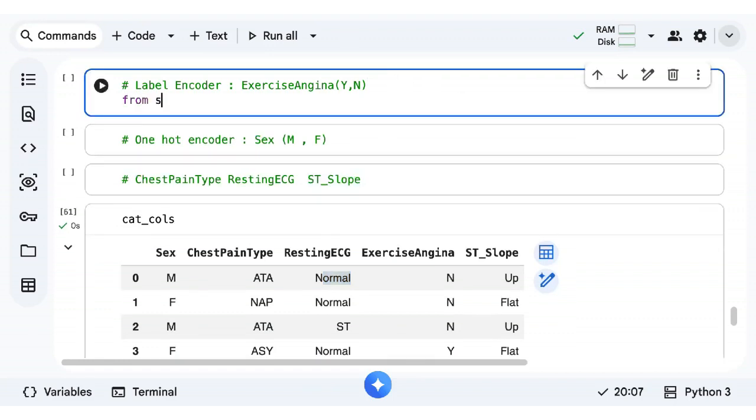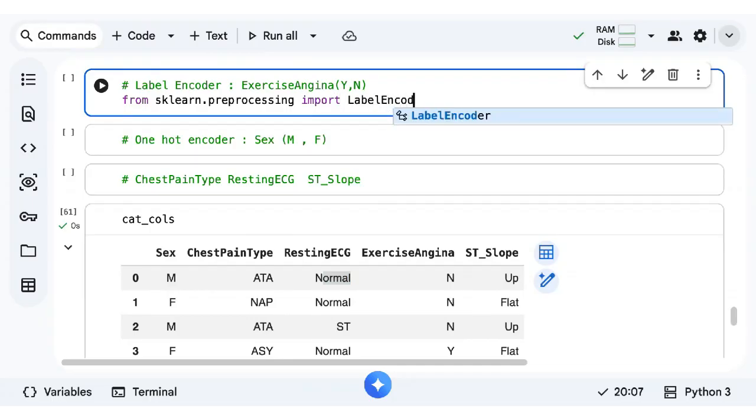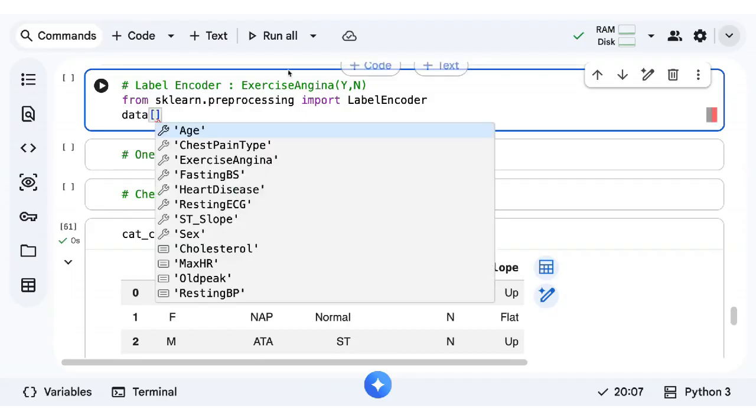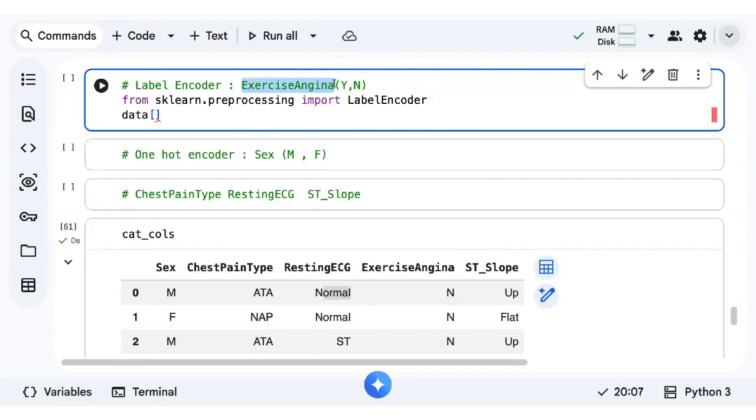So from sklearn dot preprocessing, let's import LabelEncoder. Okay. So for which column? Exercise angina. You can use data dot column name or else you can directly use data of your wish. Okay.